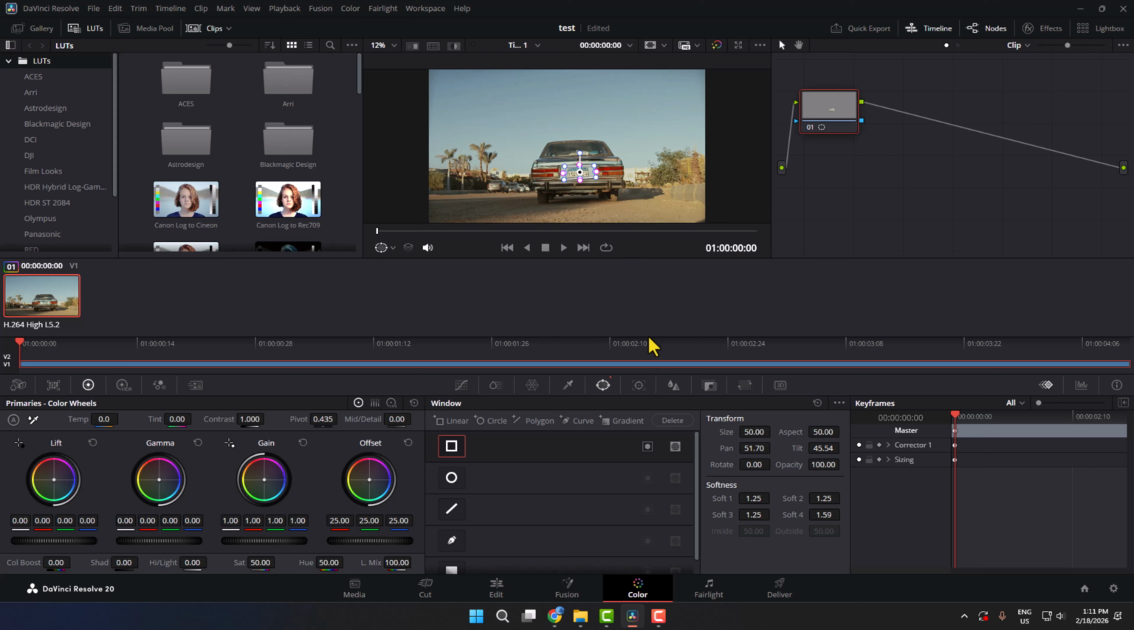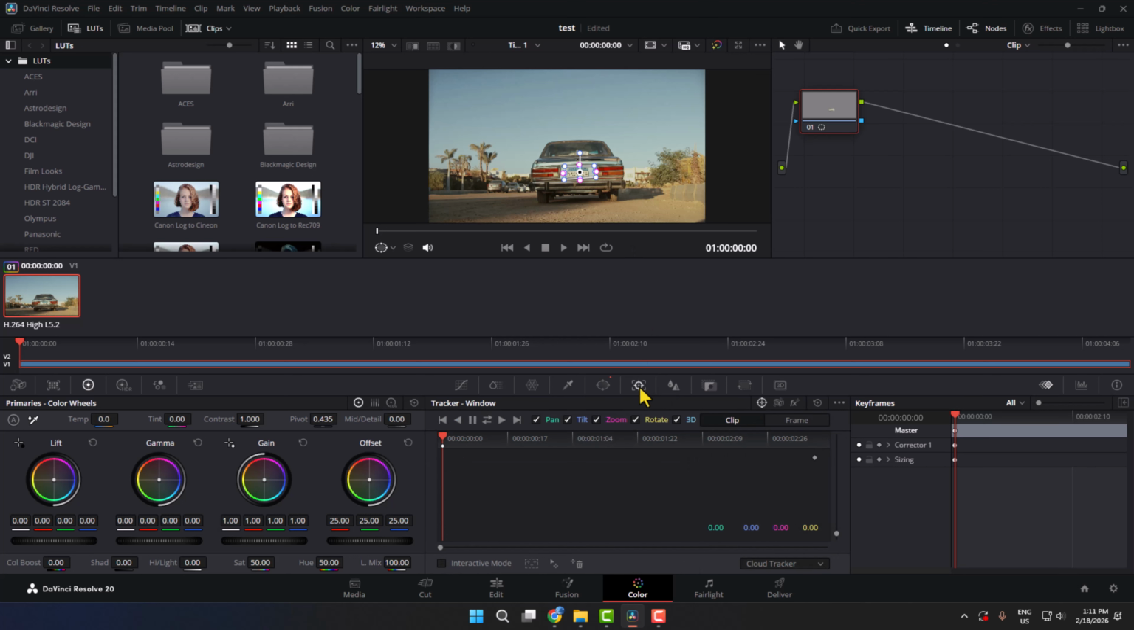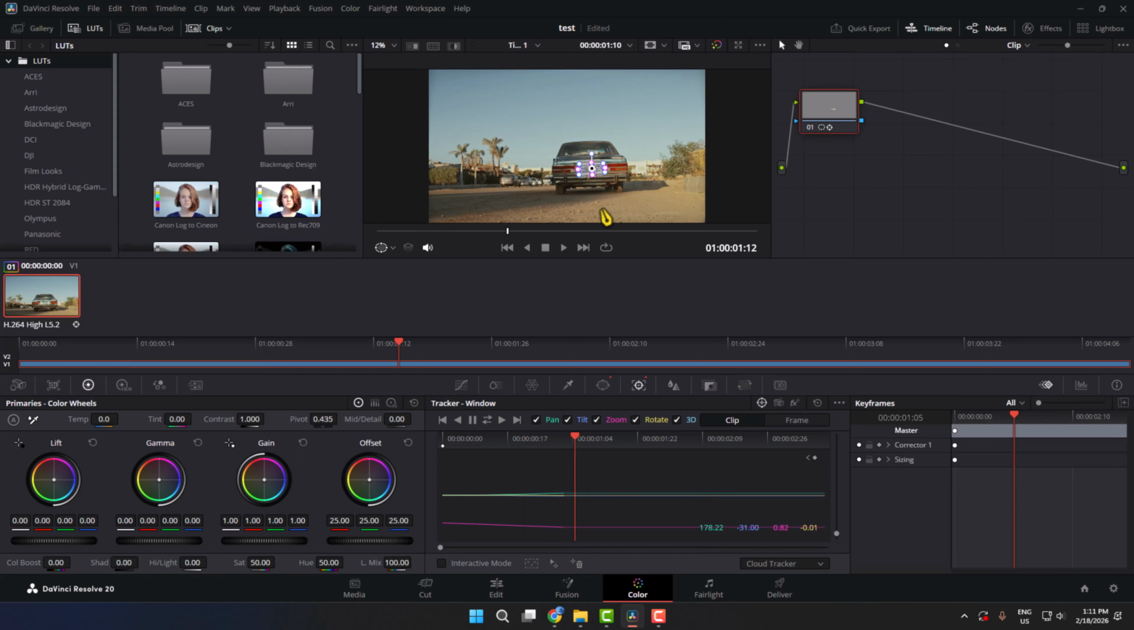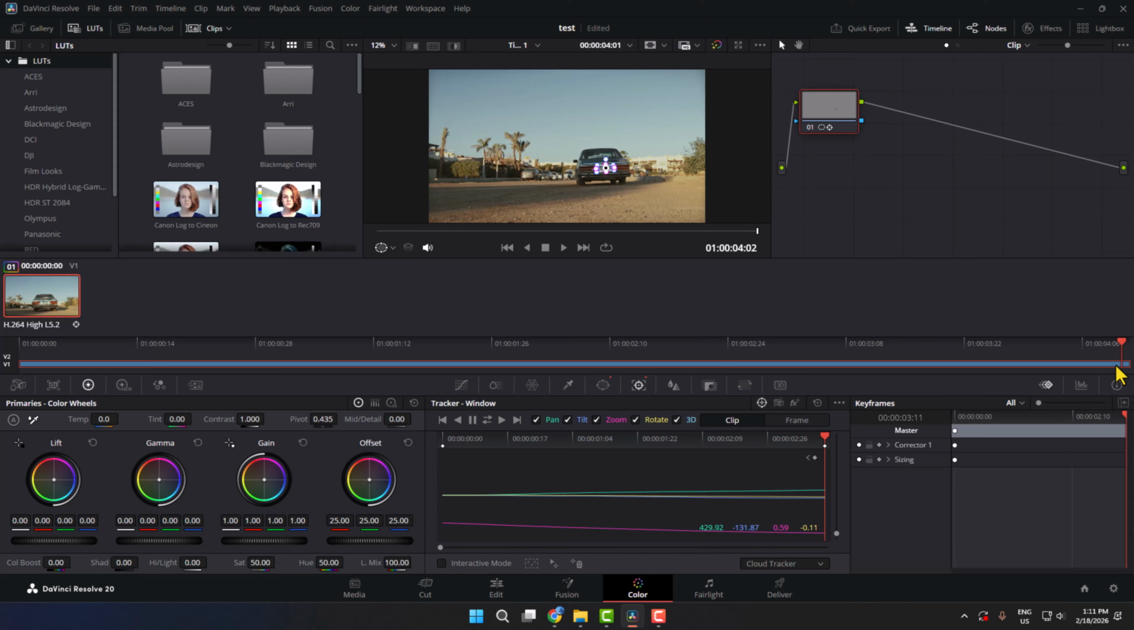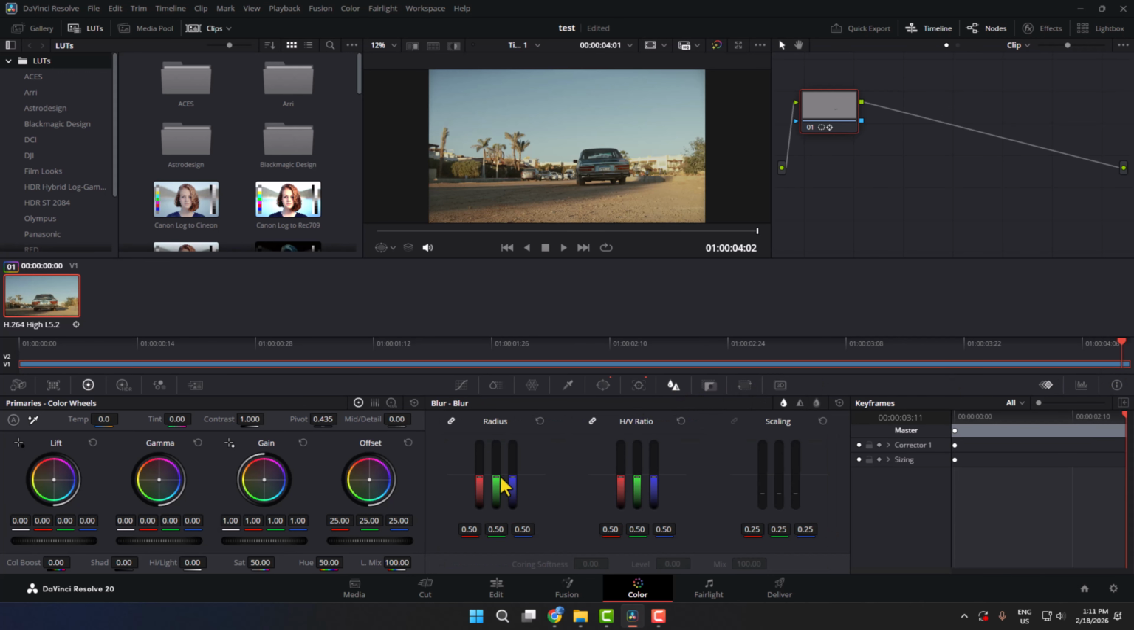Okay, once you're happy, then go to this Tracker tab and here click on Track Forward. This will track your selected portion through the entire video clip. Once tracking is completed, now go to this Blur tab and here increase this radius,